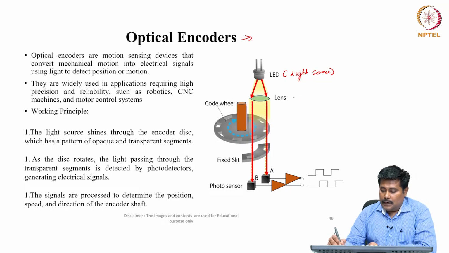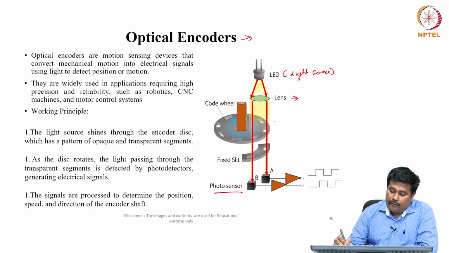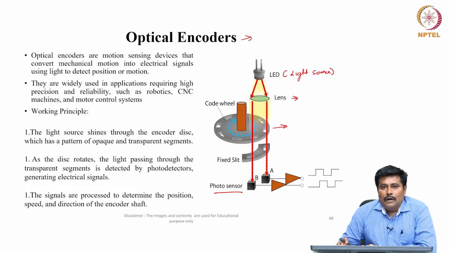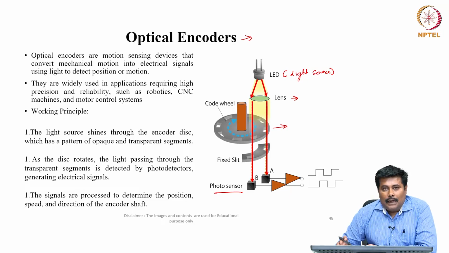In order to focus the light, we are using a lens. Then there is a fixed slit and a photosensor. This is a code wheel for which the RPM needs to be measured using this system. So, as far as these optical encoders are concerned, these optical encoders are motion sensing devices that